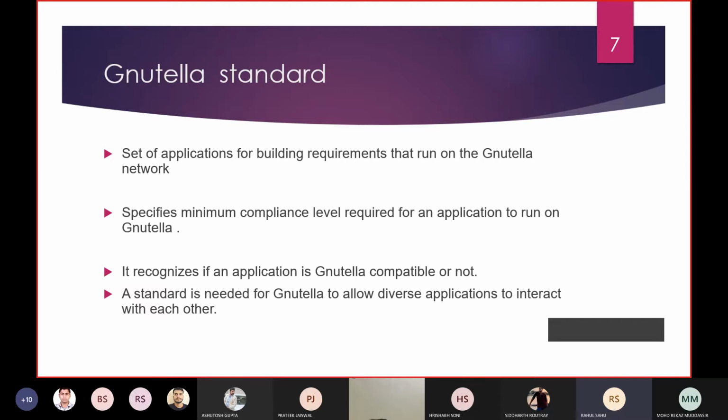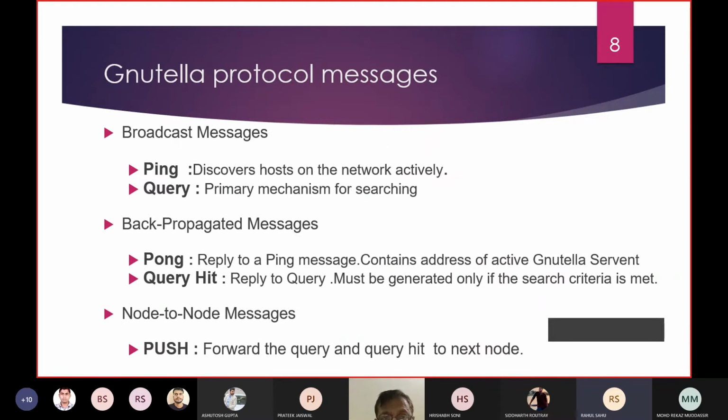That is the Gnutella standard. The standard is needed for Gnutella to allow applications to interact. So the Gnutella standard sets some minimal requirements for applications to run on the Gnutella network. It provides some criteria that should be followed by applications.